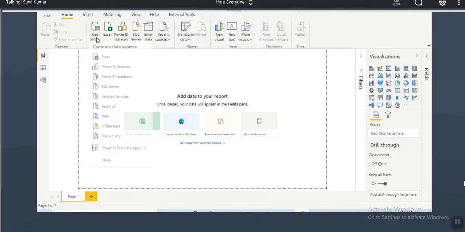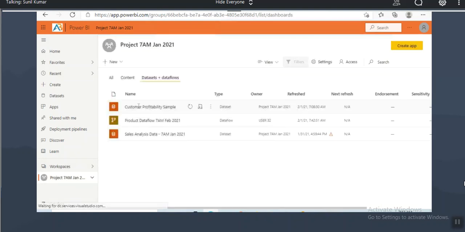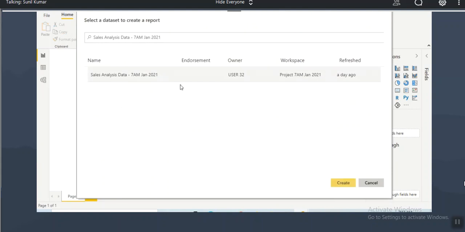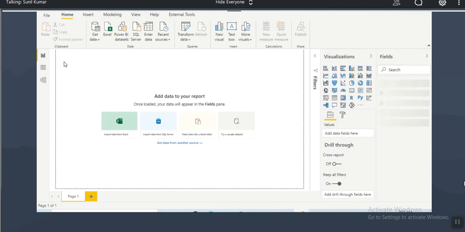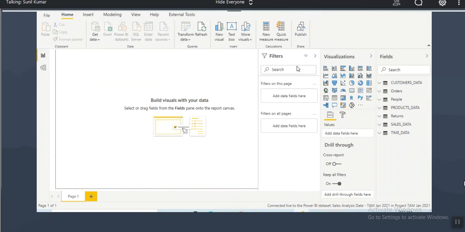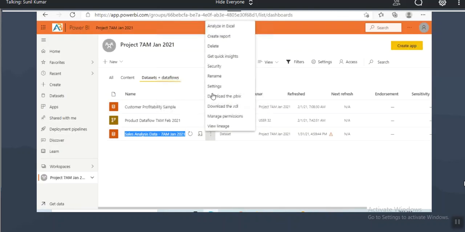When you connect to the data set from Power BI Desktop by clicking get data, Power BI data sets, you will see the same options: report canvas, filters, visualizations, fields. So you can start developing the report. Same way you can start developing the reports here.